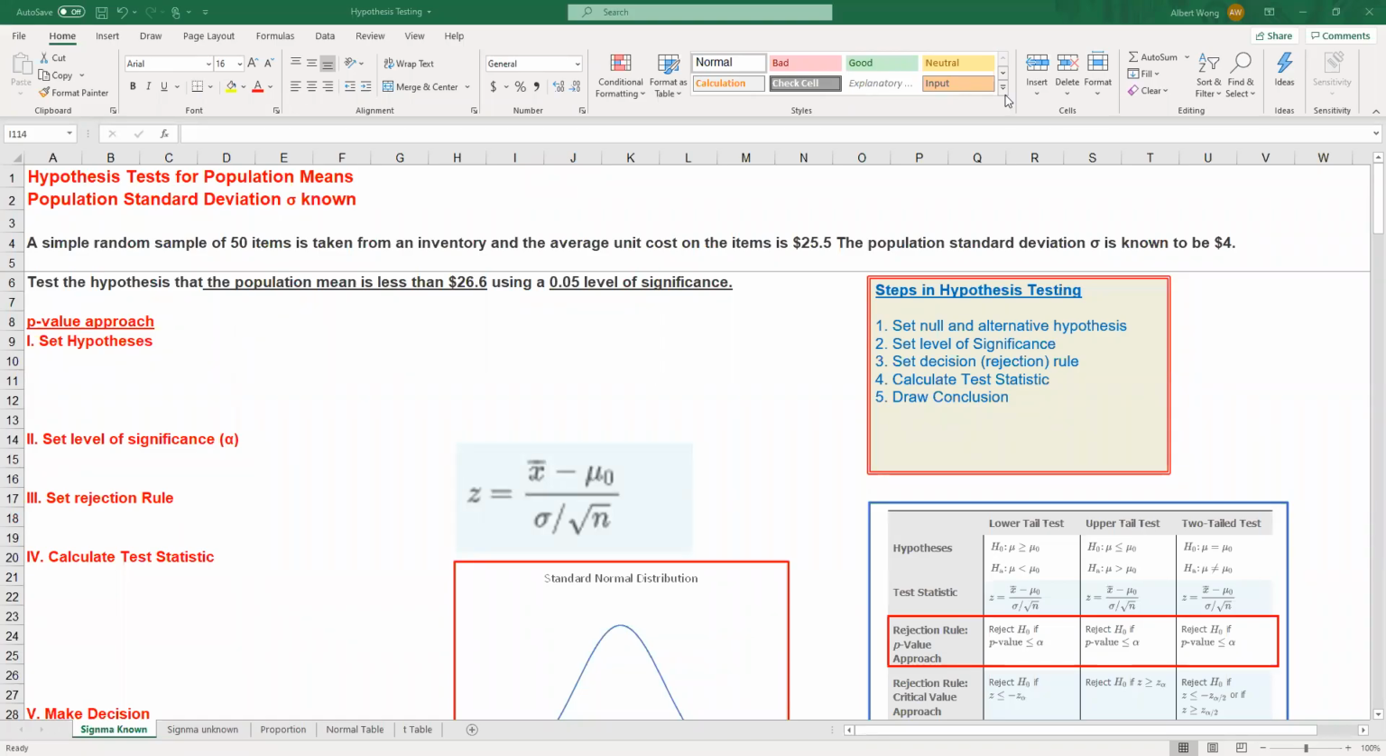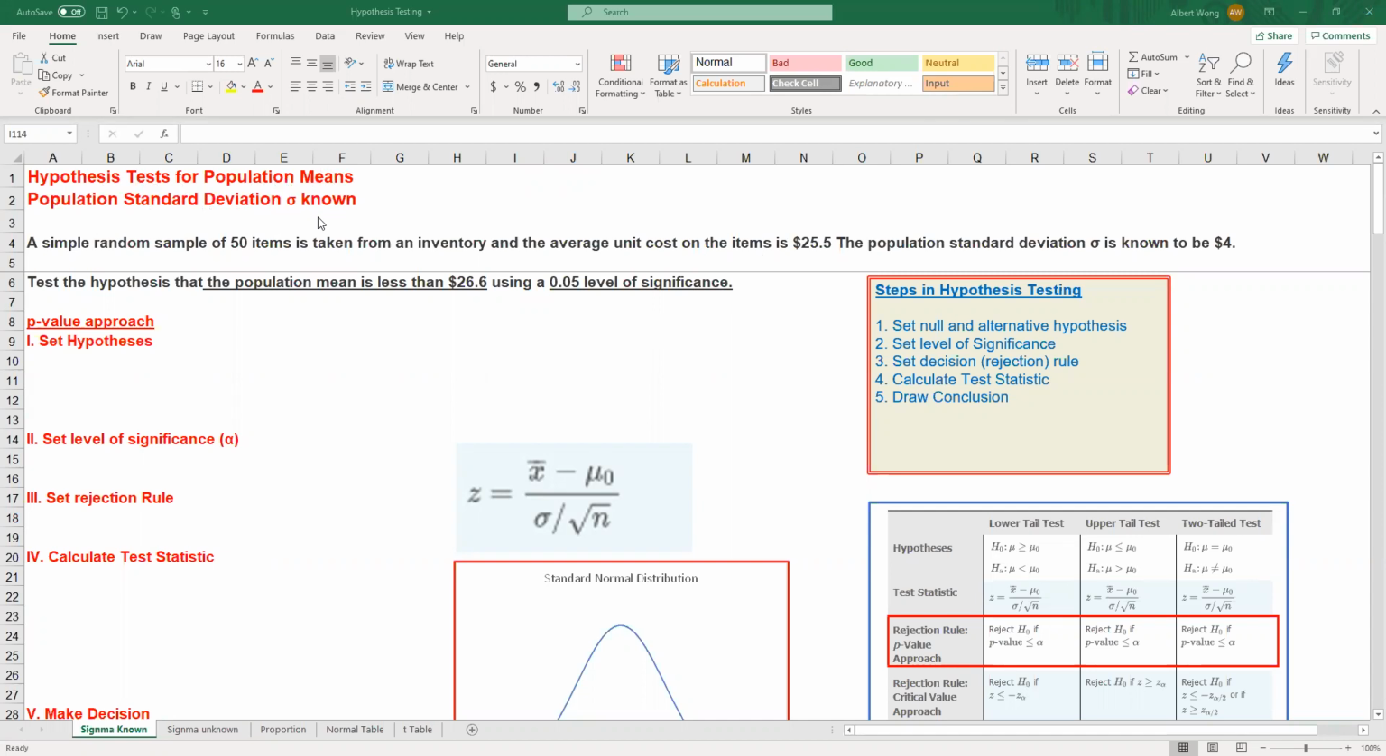In this video, we're going to show you how to perform hypothesis testing for population means and population proportions. We're going to use a number of examples to demonstrate that. So let's get started. The first example is for hypothesis testing for population means when population standard deviation sigma is